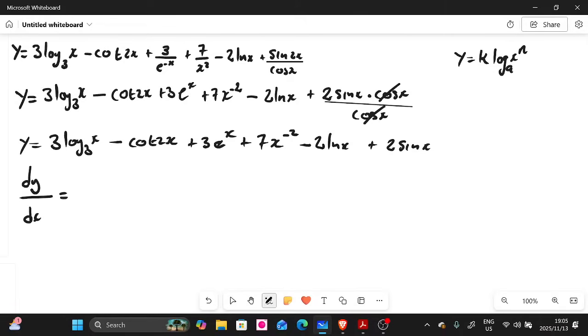The derivative, I mean the differentiation, guys. Please forgive me, excuse me for saying derivative, guys. I was busy with derivative recently. So it's going to be like this. The derivative